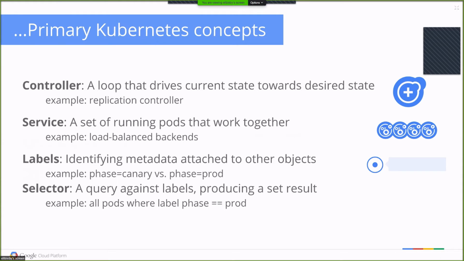Controller is the other Kubernetes concept that's going to be widely expanded. Basically, the idea is that Kubernetes is declarative rather than imperative. So you say what state you would like your cluster to be in rather than saying what you would like your cluster to do, and Kubernetes takes care of moving your cluster towards that state. So a controller is just a loop that drives current state towards desired state, and one example of that is a replication controller, which tries to make sure a certain number of replicas of any given pod are started up